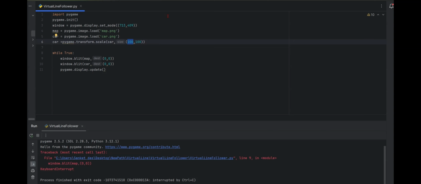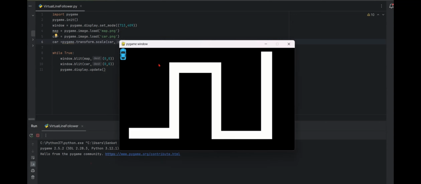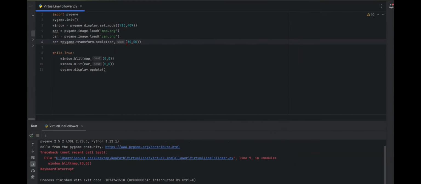So let's say 30 and 50. This looks fine. So now we have to position it on the white road. So for that, instead of 0, 0, we have to make some coordinates, let's say 40 and 80